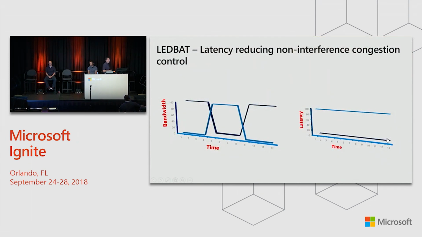One last thing I want to talk about is LEDBAT. LEDBAT is a latency-reducing, non-interfering congestion control. A lot of fancy words to basically say that what we want to do is preserve throughput and latency for user mode applications, or applications that are currently running in the forefront, and at times deprioritize some of the background transfer. Whether it's Windows Update, sending you a bunch of data to update the systems, or some other low priority flow, we want to be able to say, you know what, we really don't want that to suck up all the throughput or use up all the CPUs so that our other user mode applications are suffering for that.